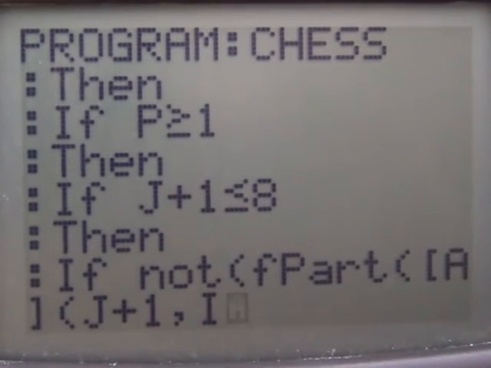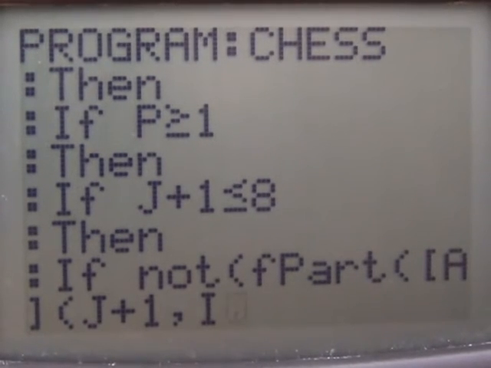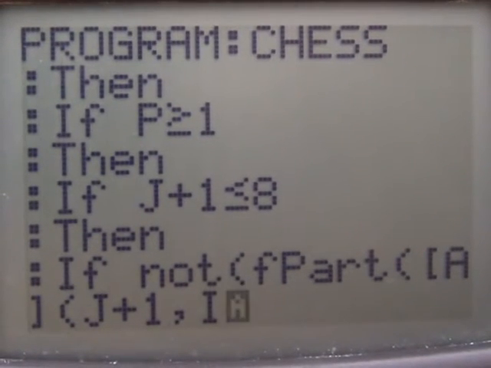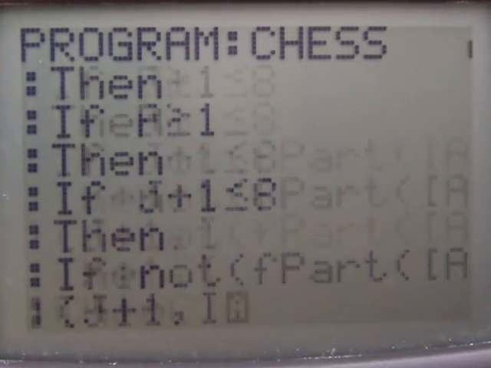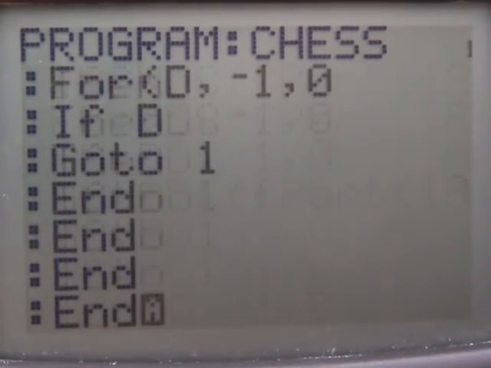No, because we have an else. So yeah, this will work. If P is not greater than or equal to 1, none of this will run. Yeah, okay, so